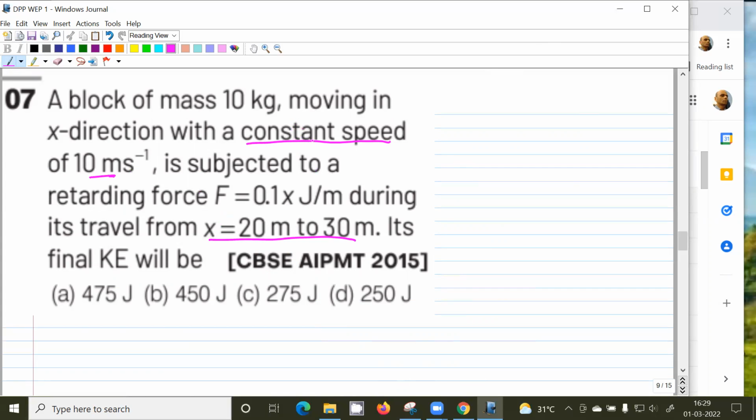Okay, constant means initial speed is this one. So u is 10, and there will be some value of v. Acceleration is given. V is u plus at. This acceleration actually is negative, that negative value is this magnitude. So 0.1 by 10, so 0.01 is the acceleration. So 10 minus 0.01,